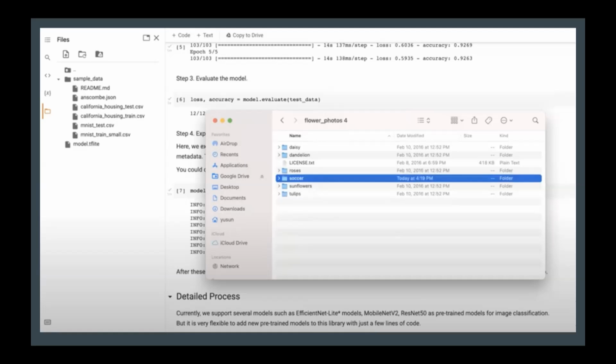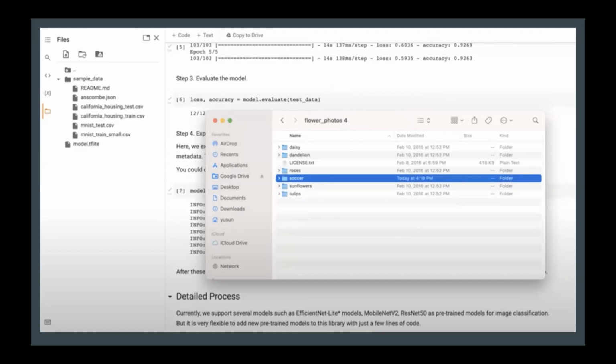I know soccer is a little out of touch here, but the overall idea is that for every single label, you provide a bunch of images in order to customize your image classification model